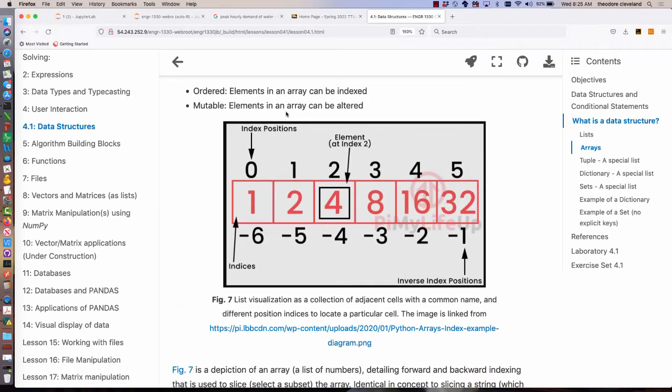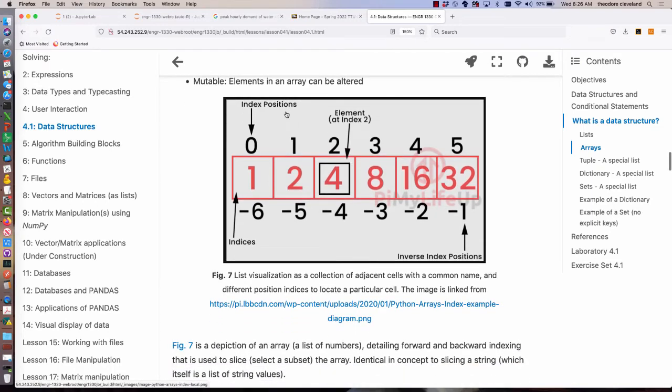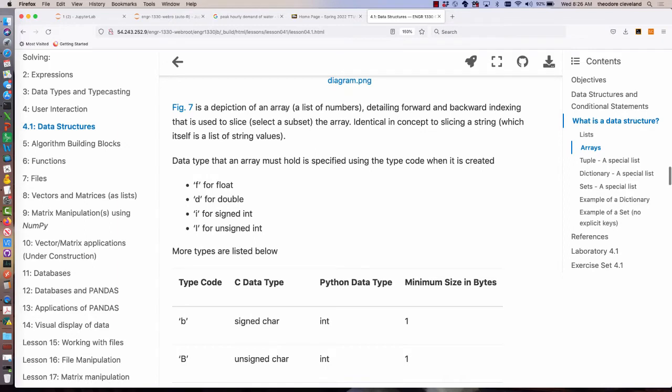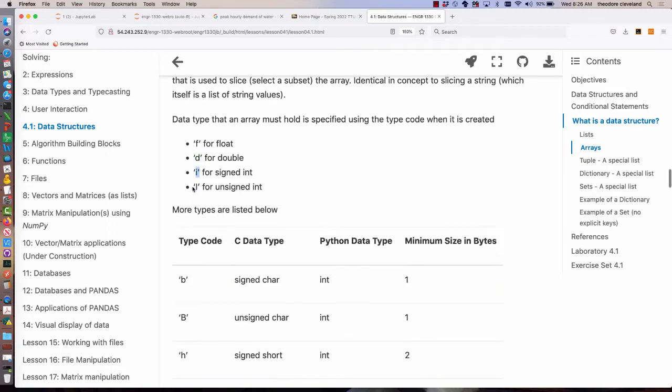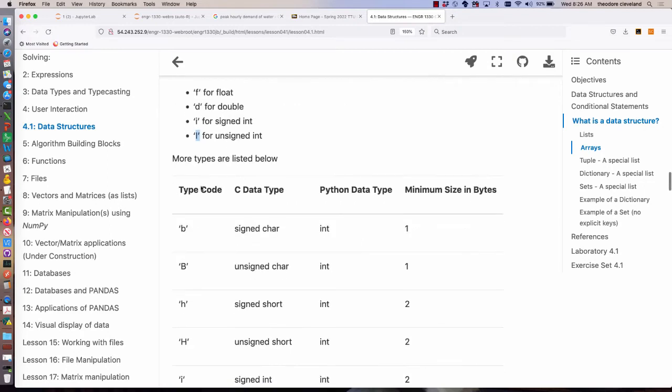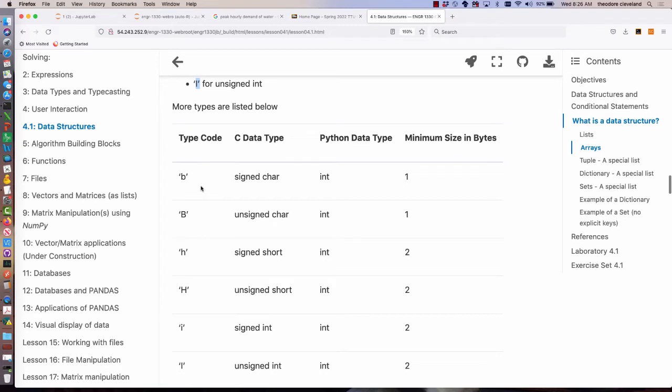Arrays have the property that they're ordered, which means the elements can be indexed, and they have the property that they're mutable, which means we can change the contents of an array. That distinction will come in shortly when we talk about tuples. When we create an array, we have to tell it if it's going to be a floating point, double precision, which is a special type of floating point. It's twice as good as regular floats. Lowercase i for signed integer, uppercase I for unsigned integers,